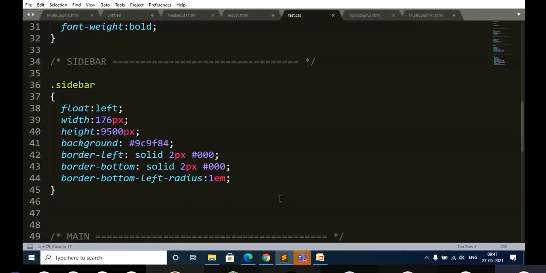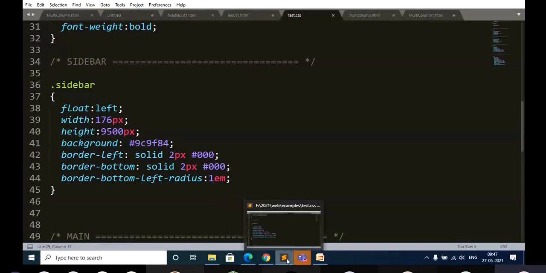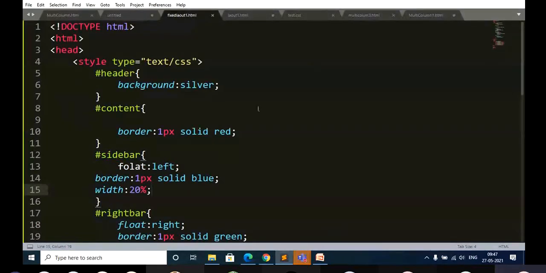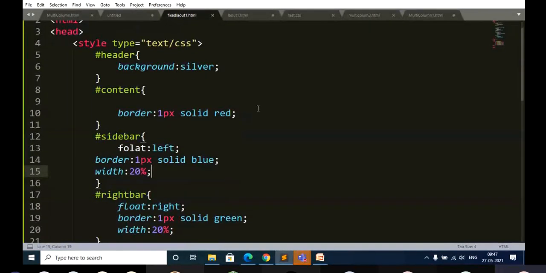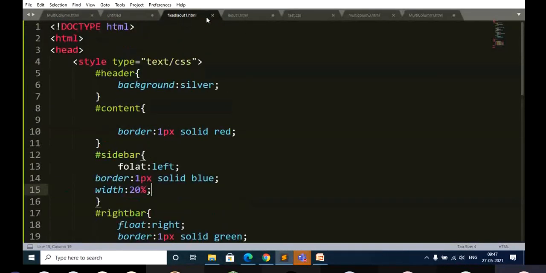So next we will go with another program, which I have created not for fixed layout. Actually, the file name I have given is fixed layout. Let me avoid confusion. I will just change it, or I can rename it here.